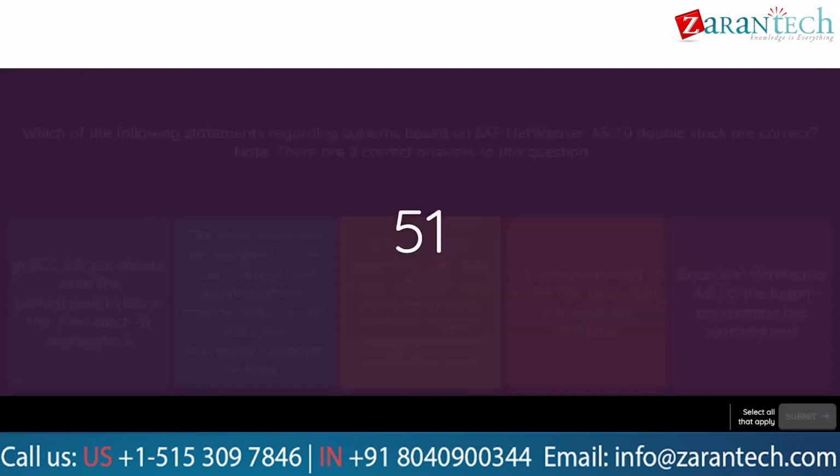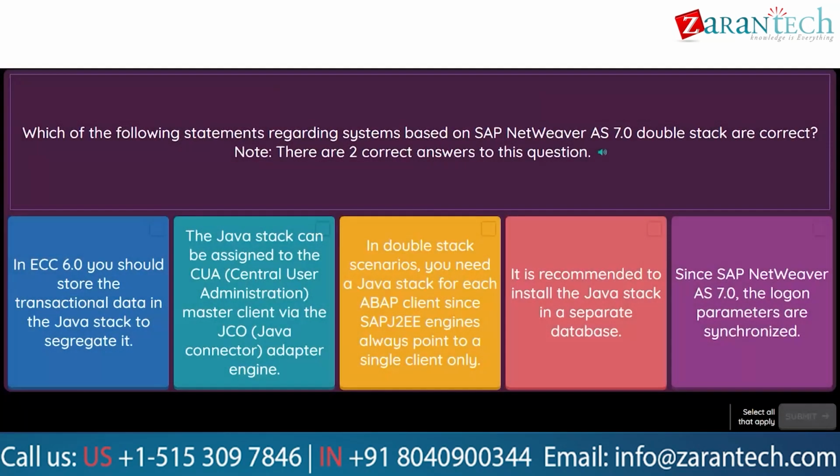Question, which of the following statements regarding systems based on SAP NetWeaver AS 7.0 double stack are correct? Note, there are 2 correct answers to this question. Option 1, in ECC 6.0 you should store the transactional data in the Java stack to segregate it. Option 2, the Java stack can be assigned to the QA, Central User Administration, Master Client via the JCo,